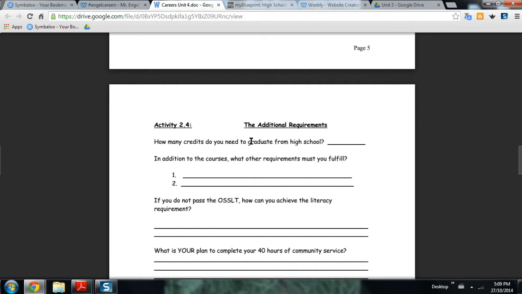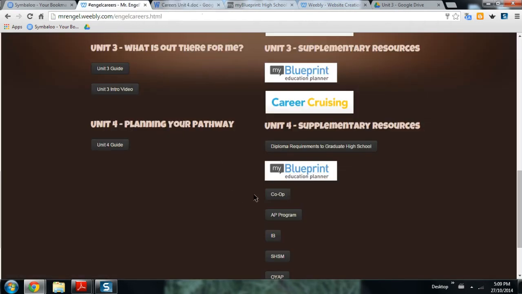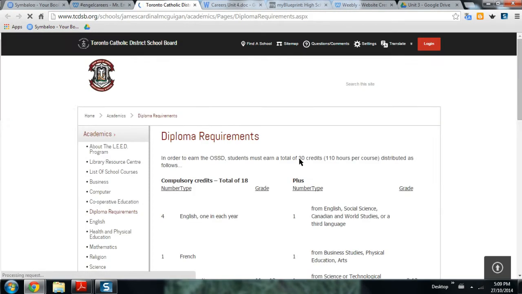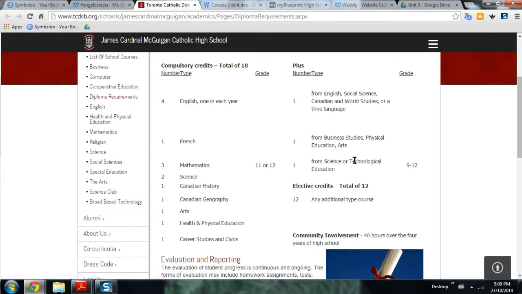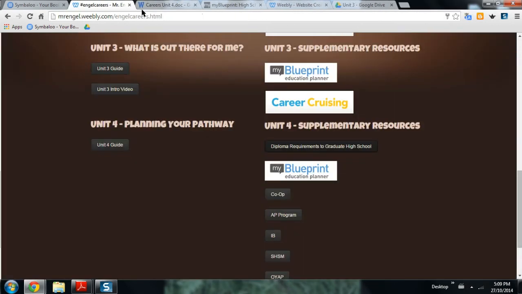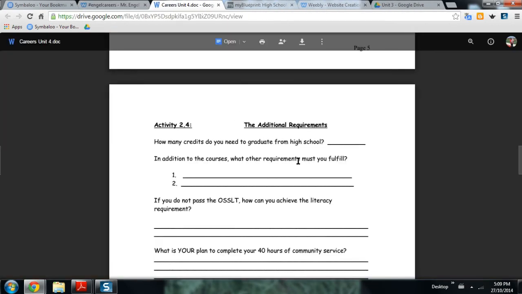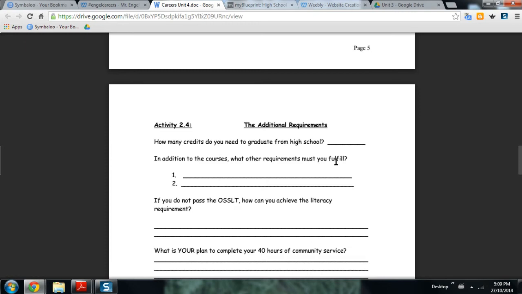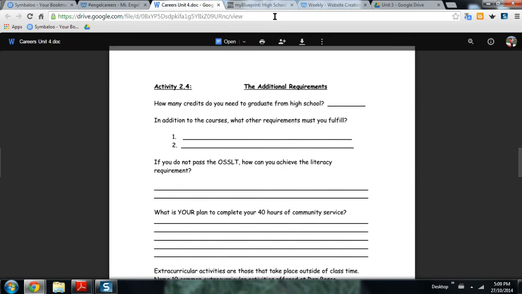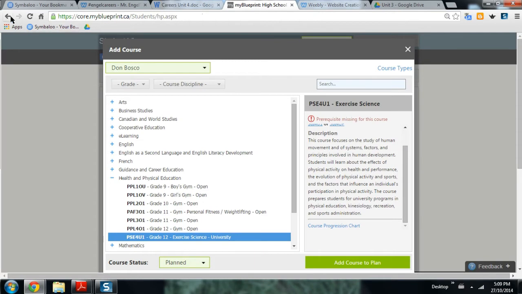Then we're going to go to how many credits do we need to graduate from high school. I've put on here diploma requirements. You can click on that, and it tells you exactly what you have to do to graduate. Okay? So you're going to answer that. In addition to those courses, what other requirements? Was there stuff that's not in the mandatory stuff that I have to fulfill? You can find that through